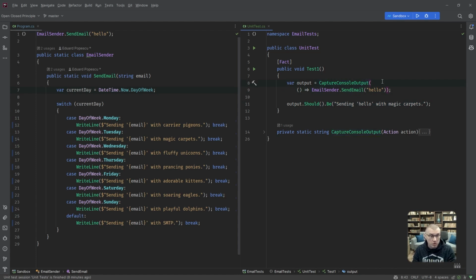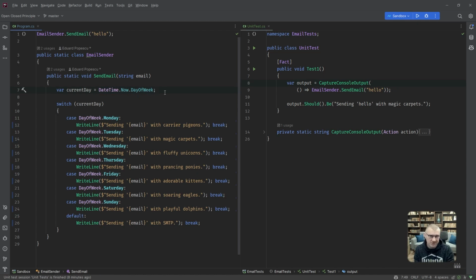Cool, cool. Now, let's see what we can do with this bad boy. Because right now, this is the only thing that's preventing us from testing the other scenarios. Right now, we're at the mercy of this DateTime.Now, day of week.